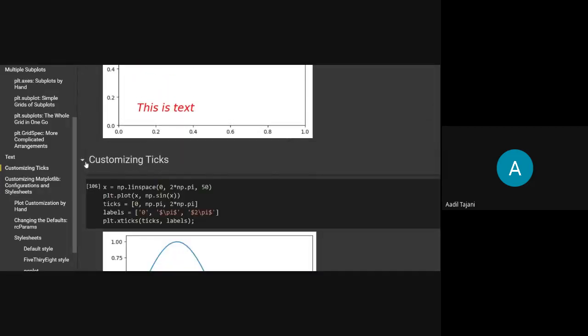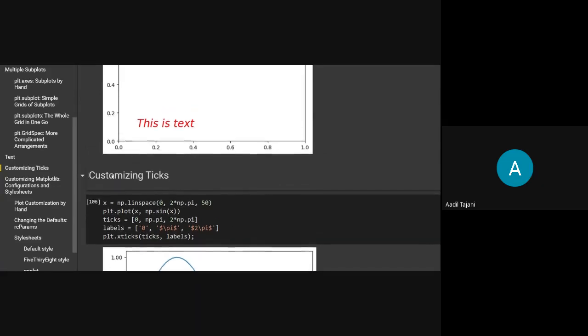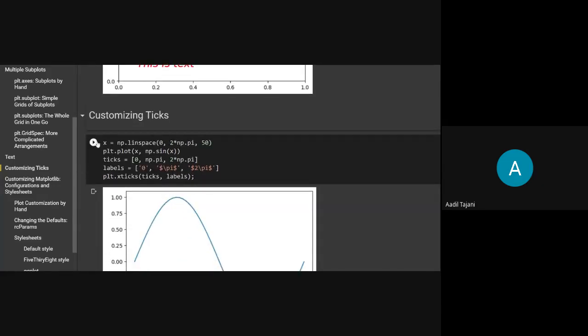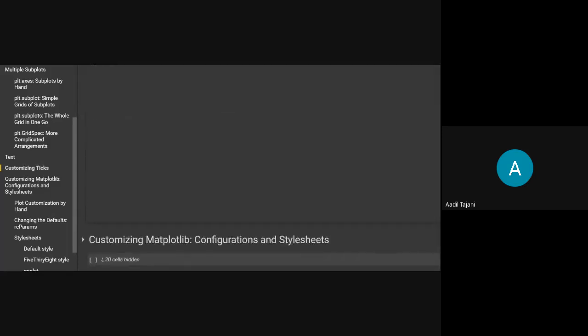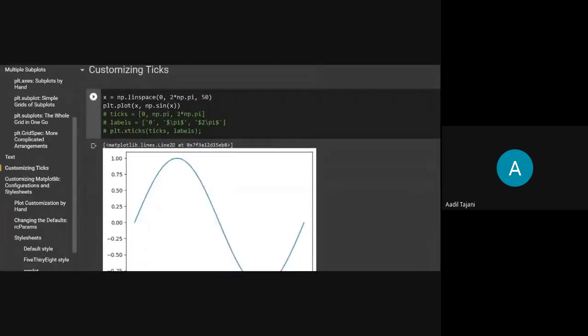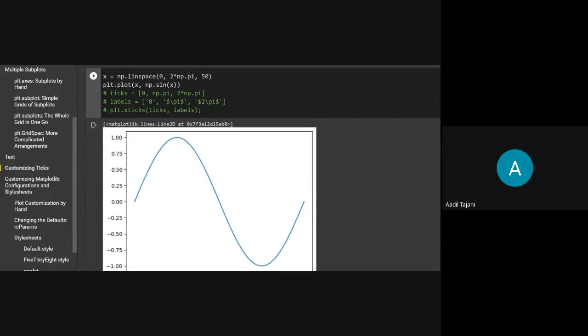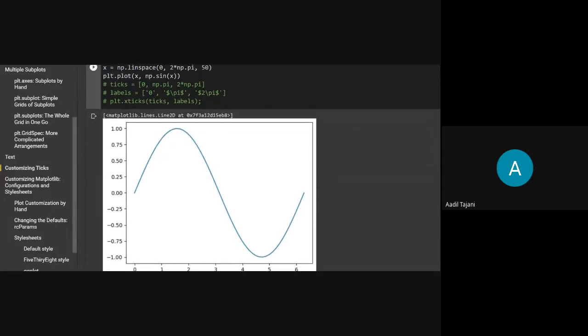Now let's explore text. The text that you see here, just a minute. I'm taking 50 numbers from 0 to 2 pi, and I'm plotting the sine function over that data.